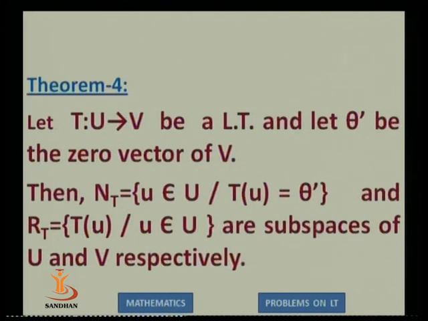Now we come to the next theorem. If T from U to V is any linear transformation and theta dash is the zero vector of the codomain space V, then N(T), the set of vectors small u of the domain space capital U, where T of